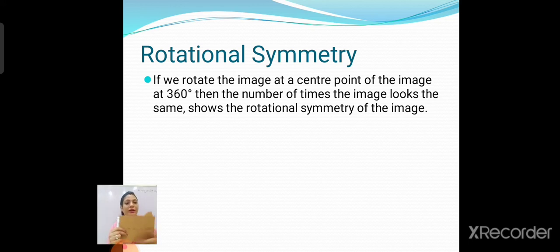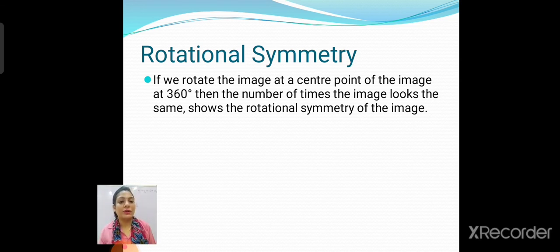Example, I have taken this frame and I marked from here. I have to move it through 360. So I am starting here. First I have to make the same image, so I have to put it like this. Now it is the same but the angle is down. So I have rotated 180 degrees and again 180 degrees. It will be 360. So how many rotations are there? 2 rotations to complete 360 degrees. Okay, so this is called rotational symmetry.